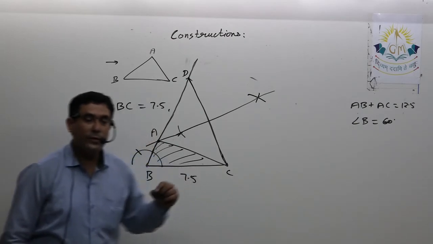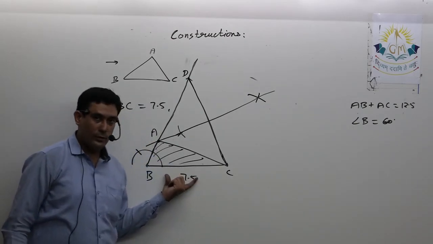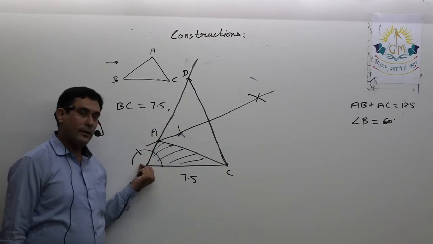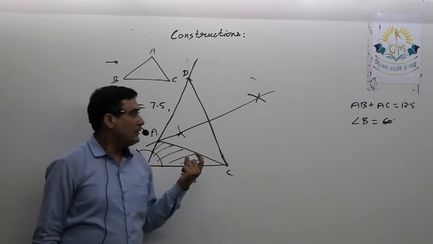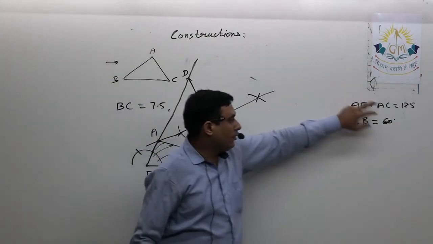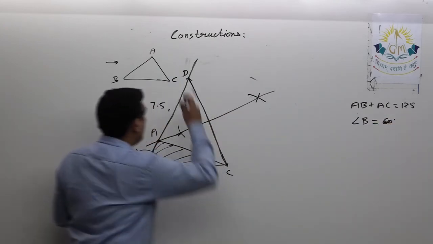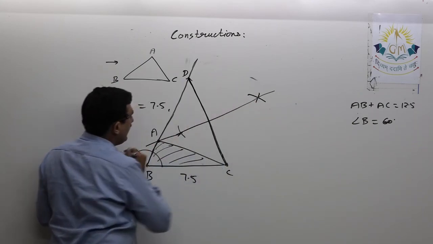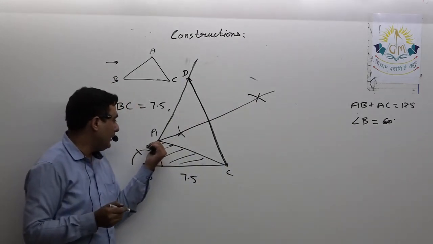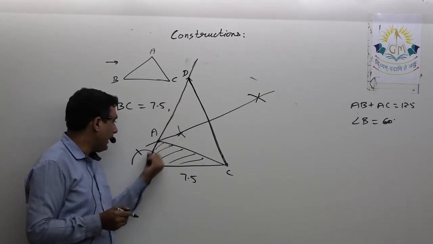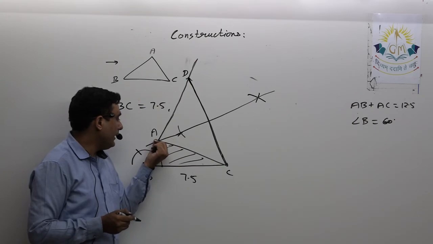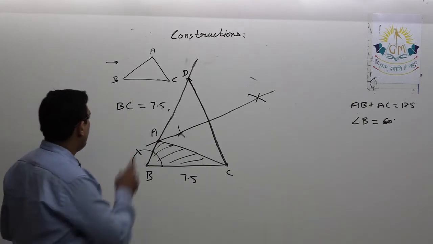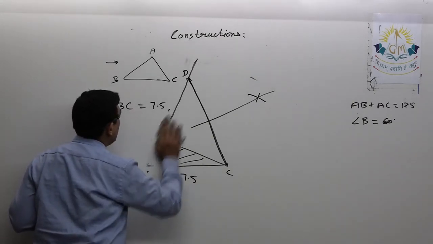So I am giving you the steps of construction once again. First draw the base, then draw the base angle. By considering the base angle point as the center, cut off a length of the sum of the sides from this ray. Let the point be D, join DC, draw its perpendicular bisector. Definitely that will meet the angle-making ray somewhere, and join that point with the C point, you will get the required triangle. So that was the first type of construction in which the sum of sides was given to you.